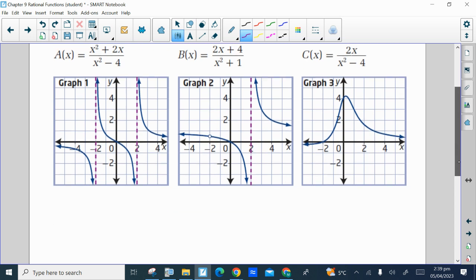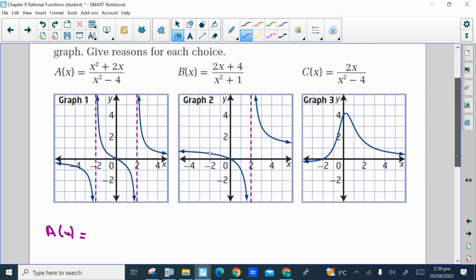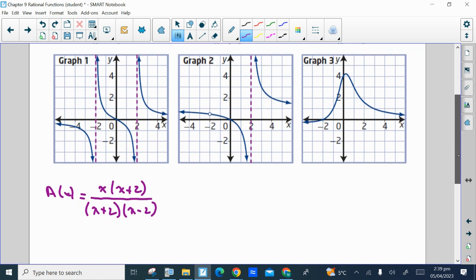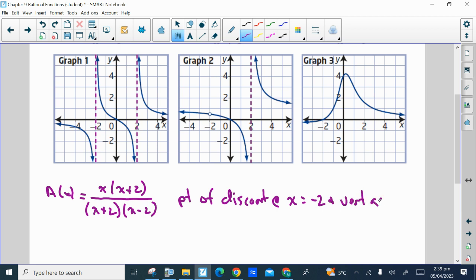So if we look at a of x, that function, we can factor the common factor of x on top, which leaves us with x plus 2. On the bottom, that's the difference of squares. The factors are x plus 2, x minus 2. The x plus 2's will cancel, so therefore we have a point of discontinuity at x equals negative 2, but we'll also have a vertical asymptote, because when you cancel the x plus 2's, you're still left with an x minus 2 on the bottom. So we will also have a vertical asymptote at x equals positive 2,